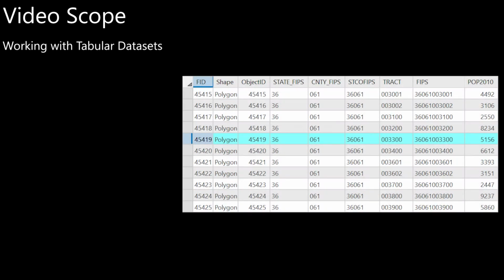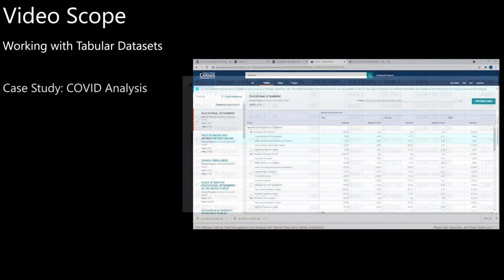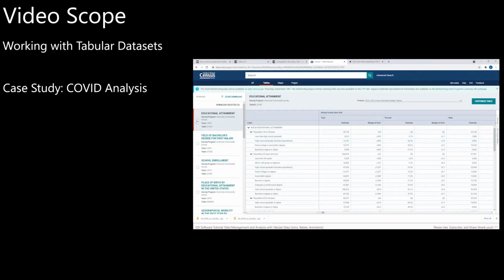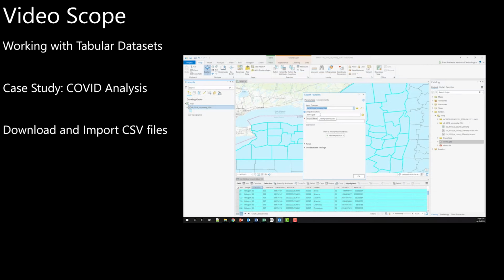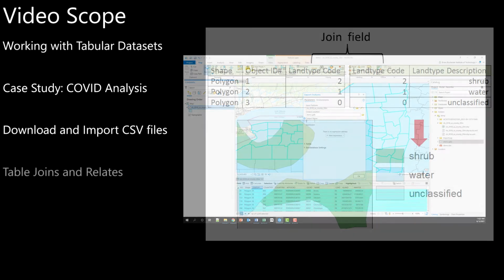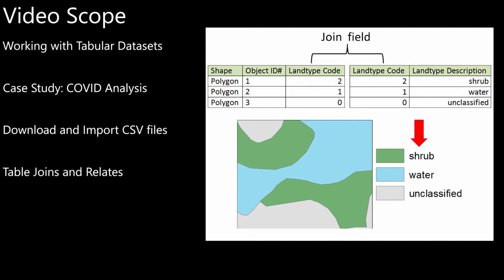In this GIS software tutorial, you will gain experience and knowledge of data management with tabular data in ArcGIS Pro. Specifically, using a case study about COVID cases in New York State, USA, you will form a spatial hypothesis about COVID cases, acquire official COVID tabular datasets to test your hypothesis, curate tabular datasets into a file geodatabase to prepare those datasets for spatial analysis, and use table joins, relates, and time-aware layer animation to conduct a basic spatial analysis